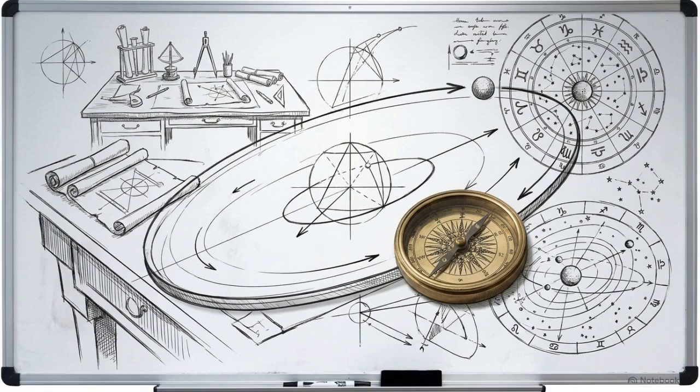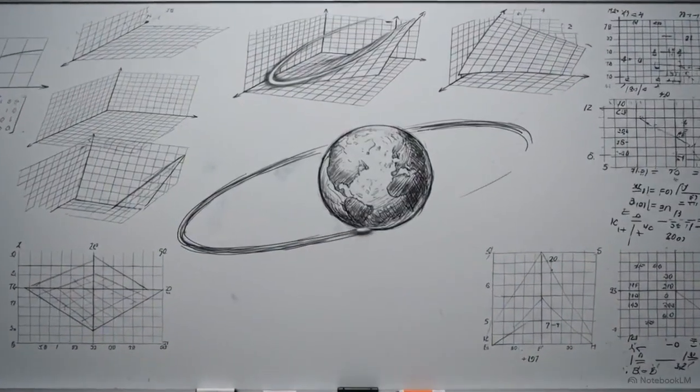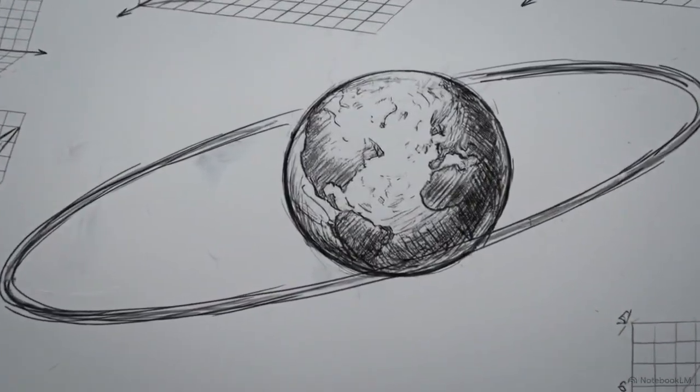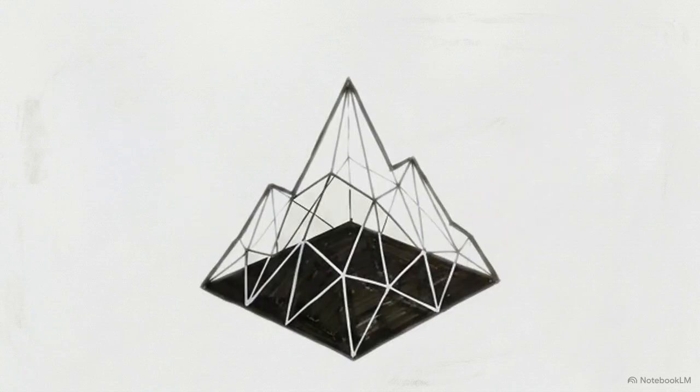For centuries, the peak of mathematical prestige belonged to a single field. If you wanted to map the stars or predict the path of a falling object, you used the math of the continuous curve. Calculus was designed to measure change in real time. It allowed us to calculate the exact slope of a mountain or the accelerating velocity of a literal moving target.